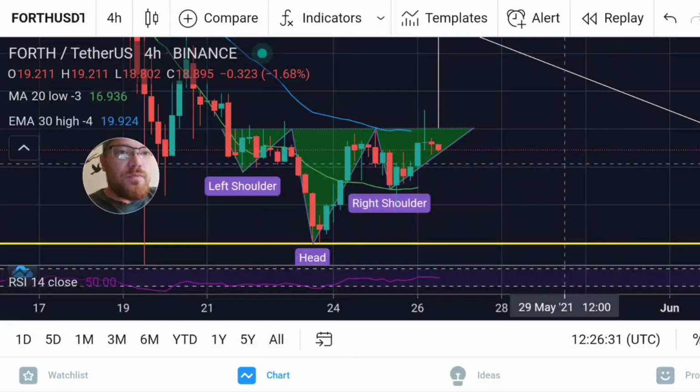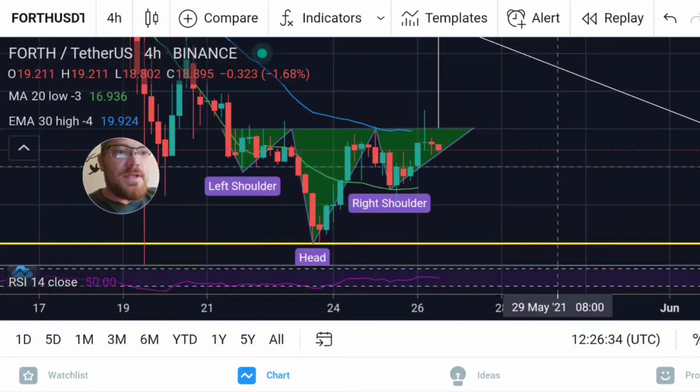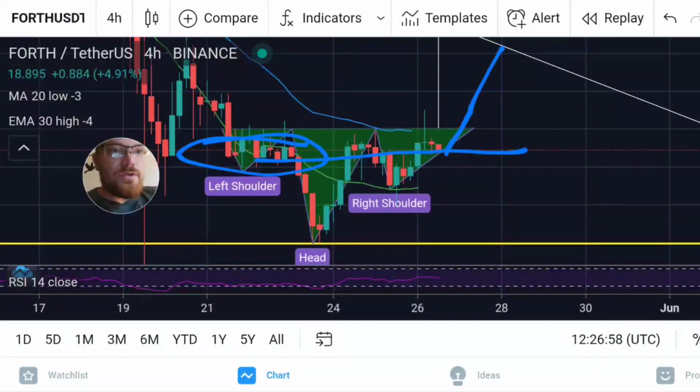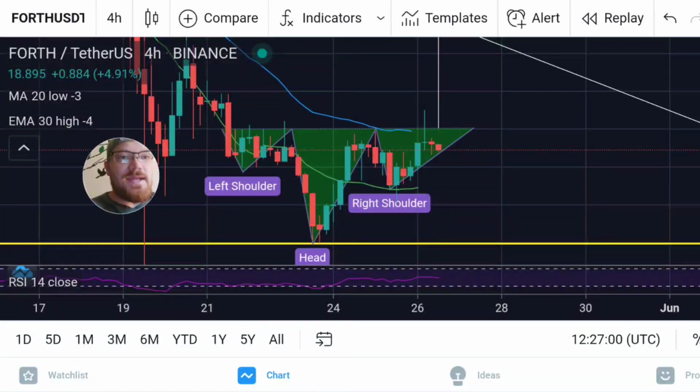We have some potential support right here, also at about $17.90, really about $18 even. If you just put it up to those candle closes there, most local candle closes, about $18 there even would be some support. So we could come down there, get a bounce. But what I would really like to see is this price action where we're at currently hold. I'd like to see this hold support here, right here, and get us a break of $20. That's what I would really like to see here within the next 8 hours, guys. Within the next 8 hours, I would really like to see Forth token break $20.